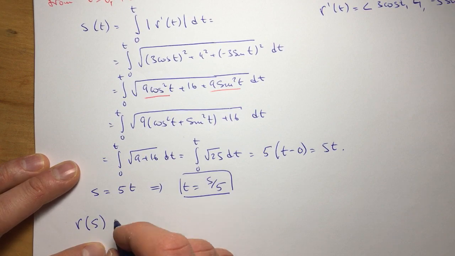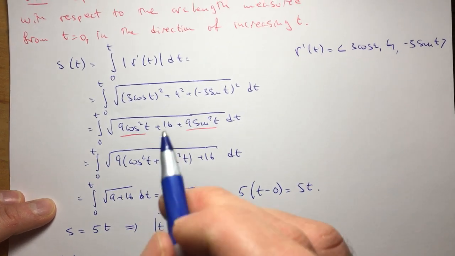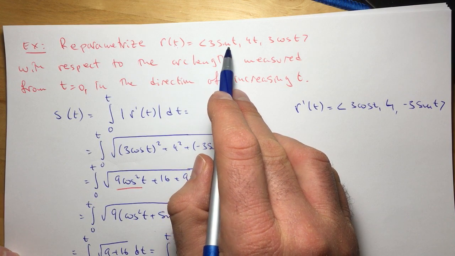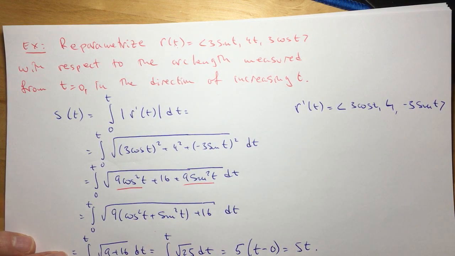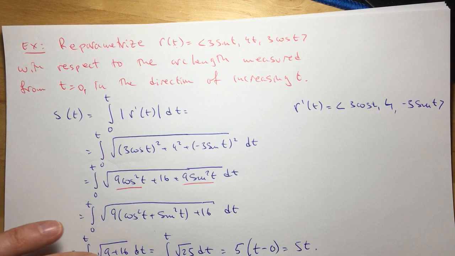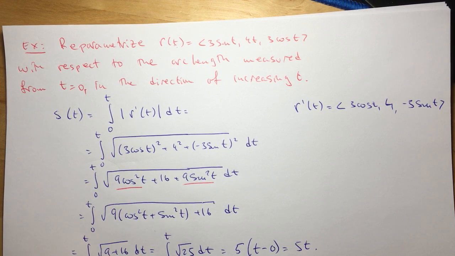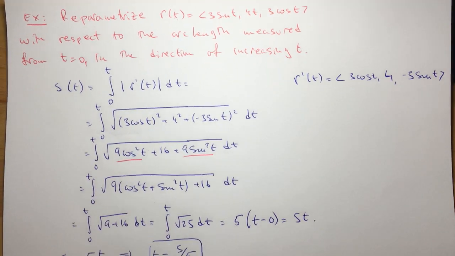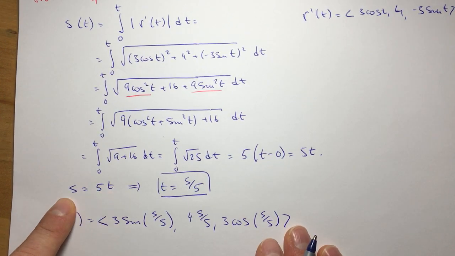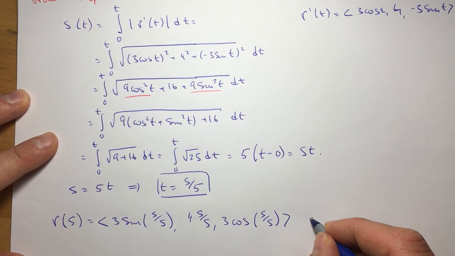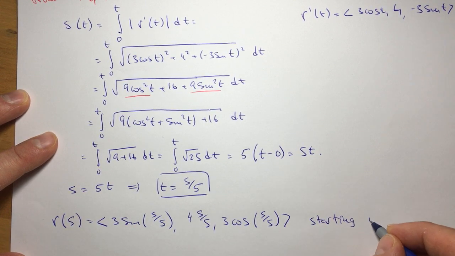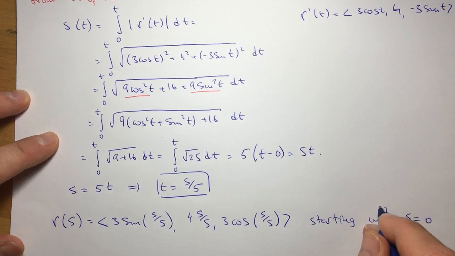So r of s is equal to 3 sine of t, where t is s over 5, so that's 3 sine of s over 5, 4 times s over 5, and 3 cosine of s over 5. When t is equal to 0, s is equal to 0, so starting with s is equal to